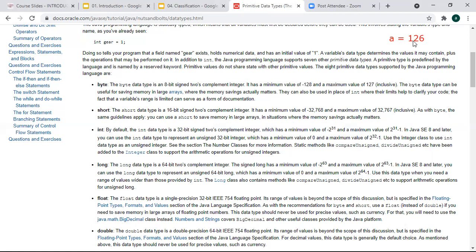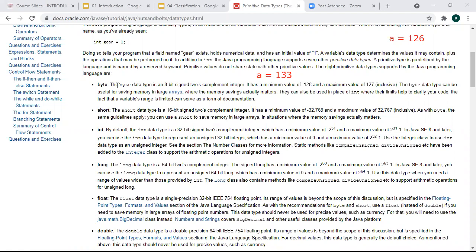Okay. Similarly, if A is a variable holding a value 133, then what are you going to say? Integer. No, actually I have not started this. It will be a short type. You can see here the values range from minus 32768 to 32767. So that will be short. If the values are greater than 32767, then it comes under integer.